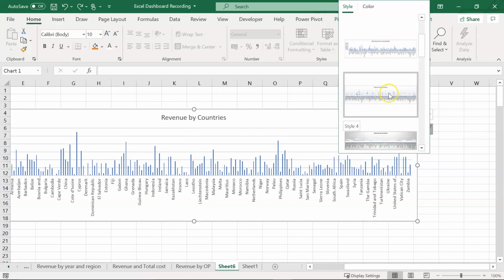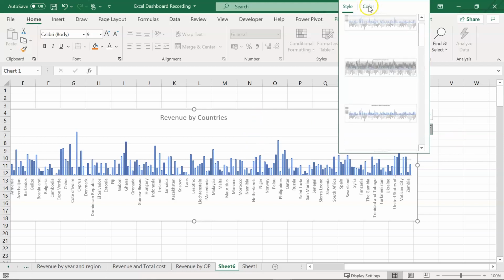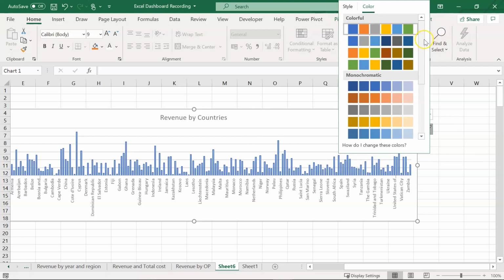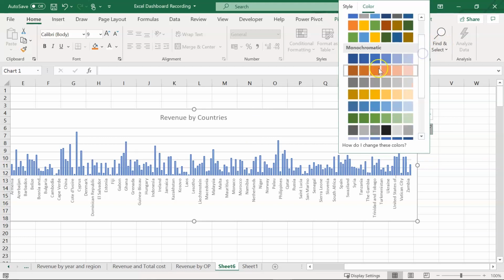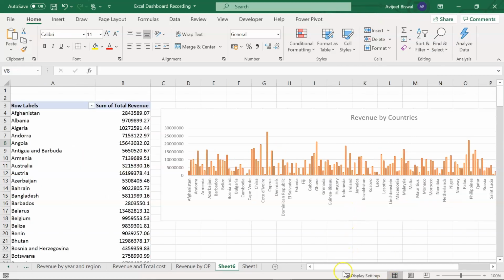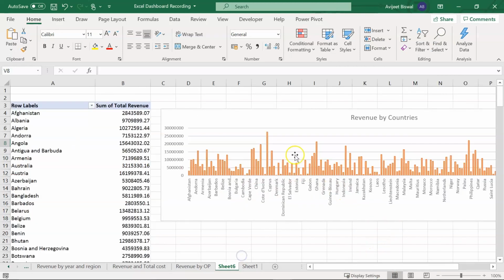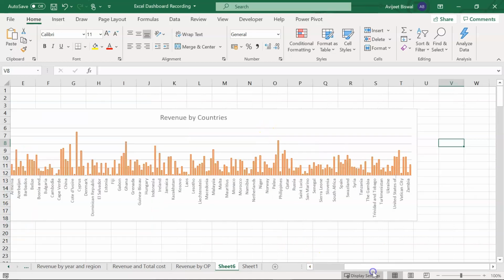Let's say I'll select style 6. Okay, and let me now go under colors and we'll select the color of the bars. So let's choose this color. Okay, so you have a horizontal column chart ready, and at the bottom you can see the different country names and we have the revenue. Cool.